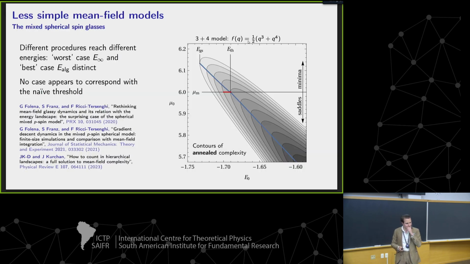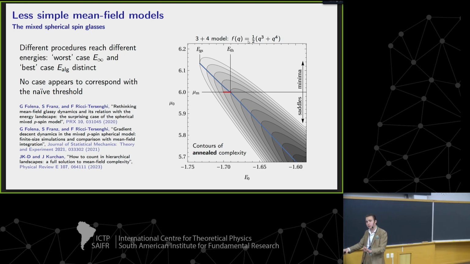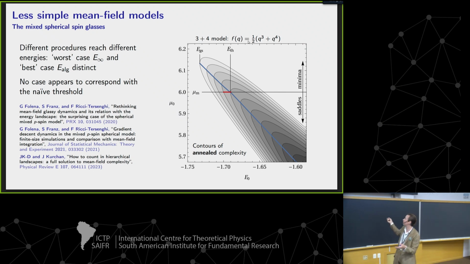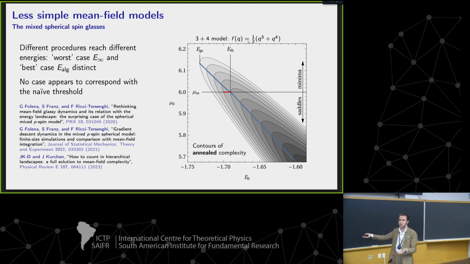And here's this picture now of this model I showed you, this 3+4 model. There's this red line here, which basically shows you the range of energies of types. You always find marginal minima. You always find these types of stationary points, which we expect are the things which shatter the landscape. But the energy at which you find them varies. If you quench from infinite temperature, you go a little above the threshold. If you quench from a very low point near the dynamical transition, you go below the threshold by quite a bit.